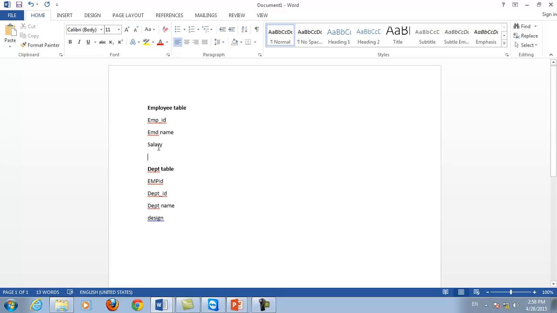It means these are two different tables, that is employee table and department table. Here the employee ID is the primary key, and in the department table the department ID is the primary key of the department table. Now the primary key of the employee table becomes the foreign key of another table, and on the basis of the foreign key we link the two tables, that is employee table and department table.